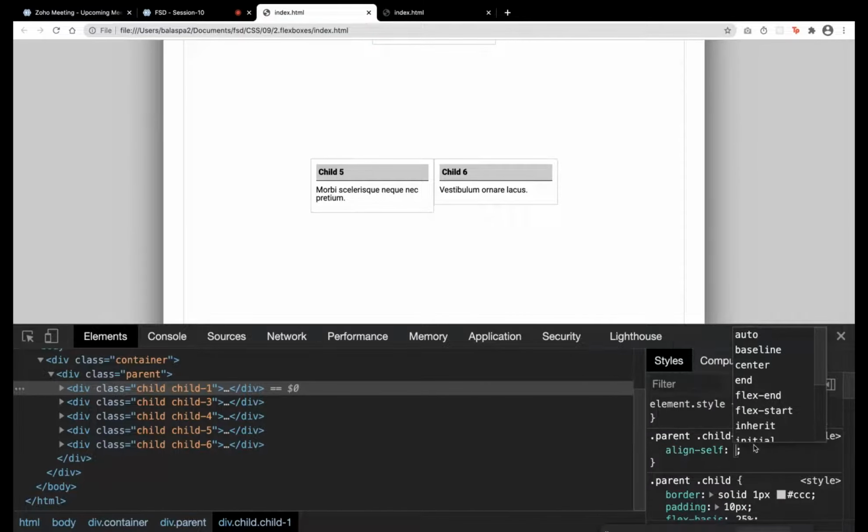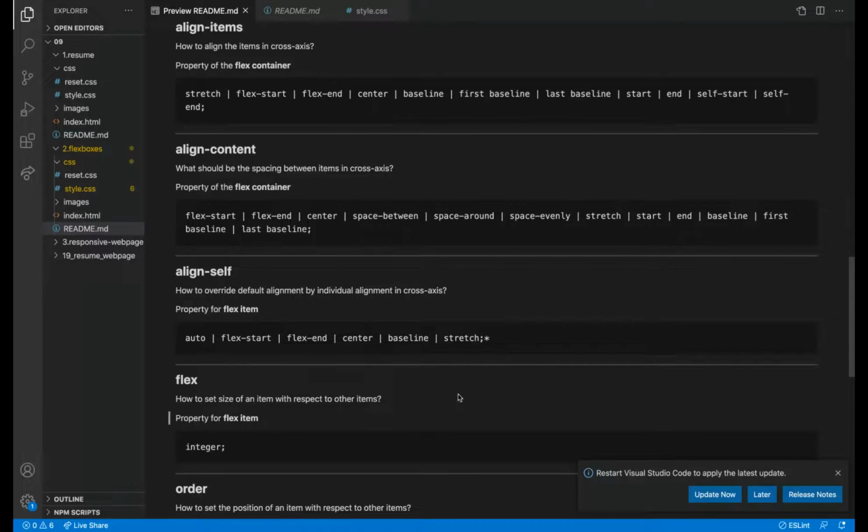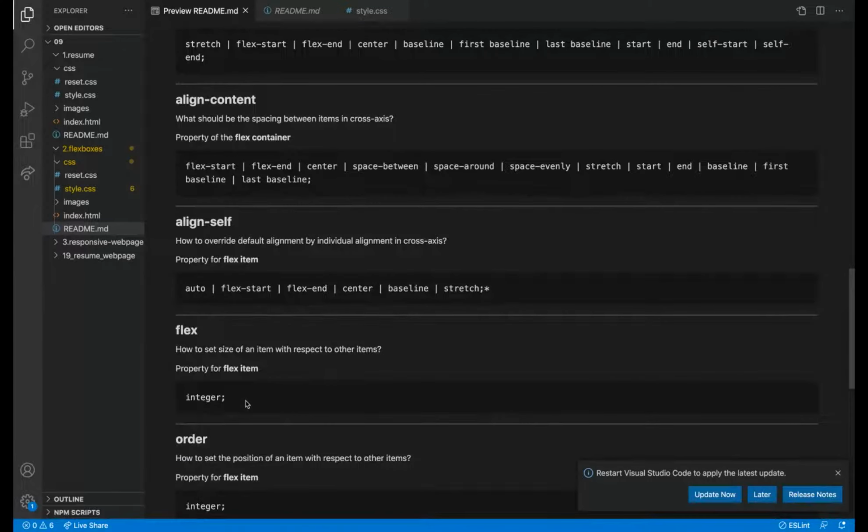The word self applies to that one item. See, all the things were aligned at the top, and only the first element took the alignment of flex end. To give a particular alignment to only one child, we go with align self. Otherwise, we will use align items or align content. Mostly we won't use this, but keep it in mind.